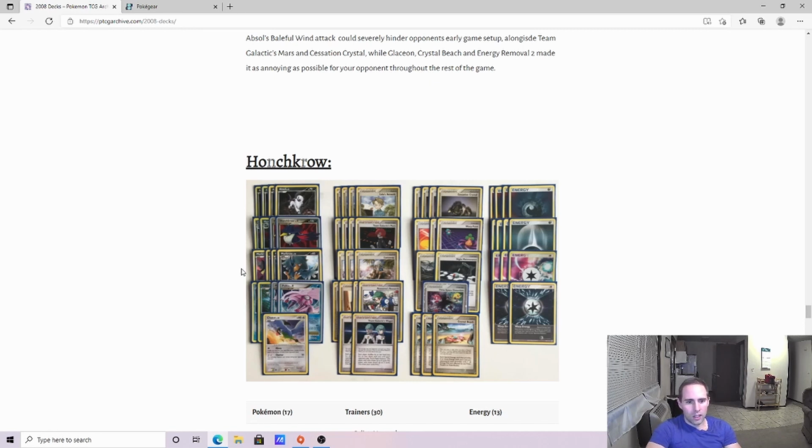Cessation Crystal, all the advantages of Honchkrow, but he basically added Palkia to also have that gusting effect. And then he played some cards like Warp Energy that gave him some ways to use Restructure without really hurting himself. I played the Palkia variant, and